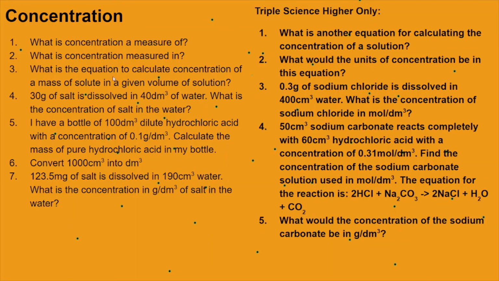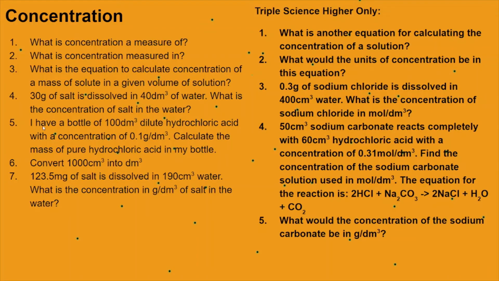But anyway, the equation is quite simple really. Grams per decimeter cubed. Mass divided by volume. Concentration equals mass in grams divided by volume in decimeters cubed. So let's test this out. 30 grams of salt is dissolved in 40 decimeters cubed of water. So concentration is mass divided by volume. 30 divided by 40. The concentration of salt in the water,